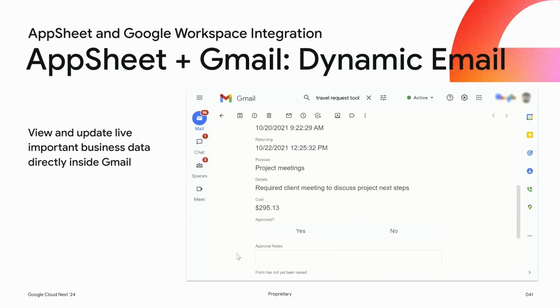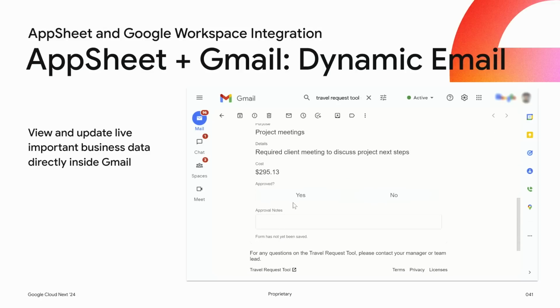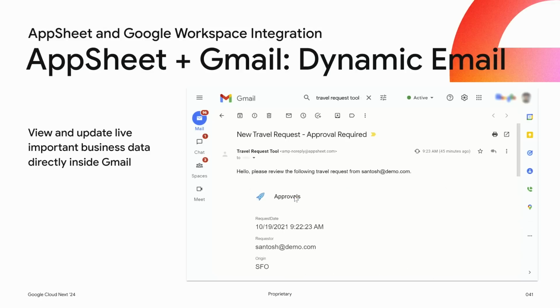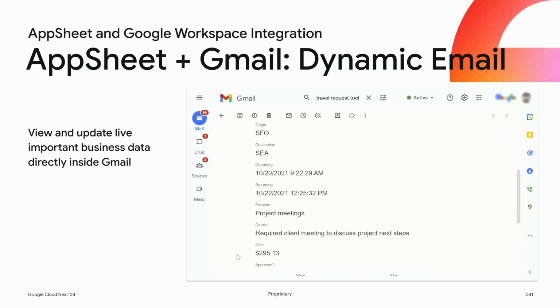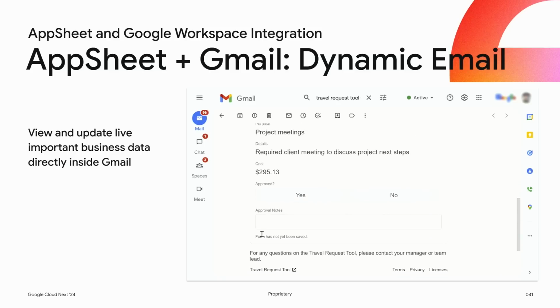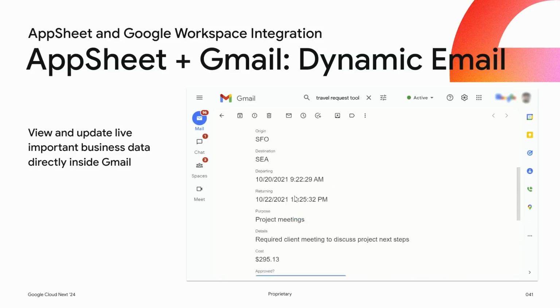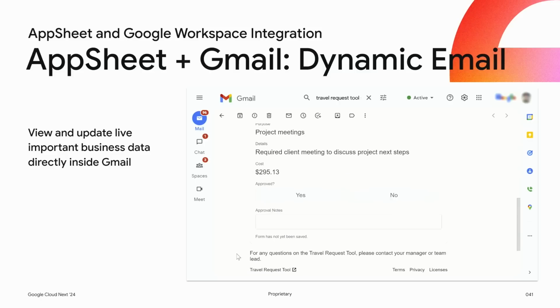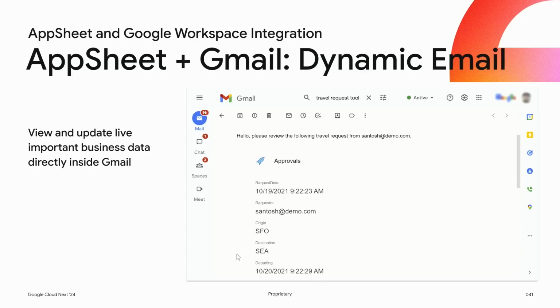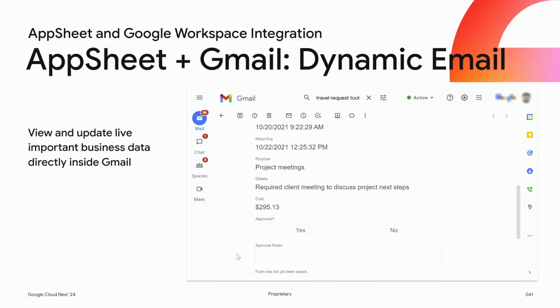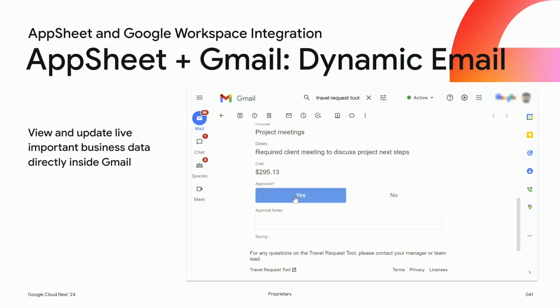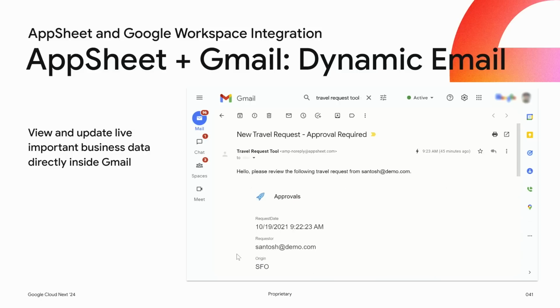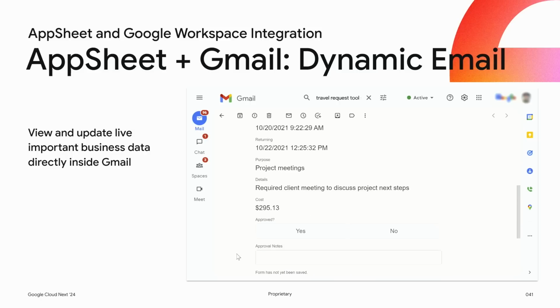Let's do a quick survey of this just as a refresher. A few years ago, we launched AppSheet integration in Gmail using a feature called Dynamic Email, sometimes called AMP for email. This is built into Gmail, and it essentially lets us see live data-bound views directly inside Gmail, where when the email opens up, the email renders with live data. Importantly, this data is editable directly inside the email, so it's a full read-write scenario.